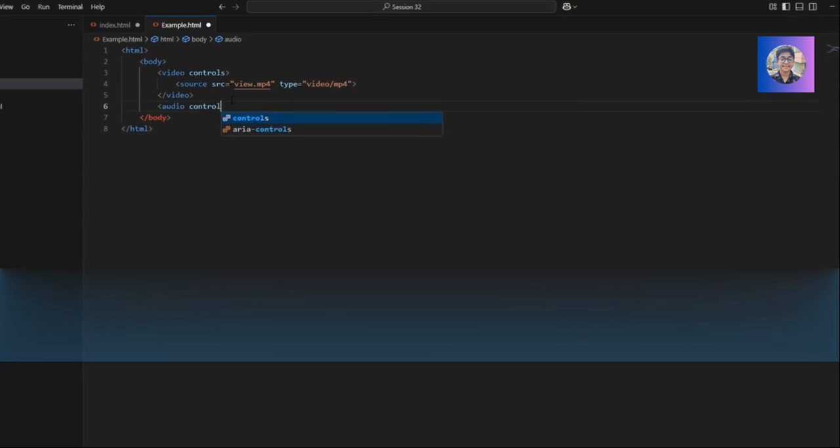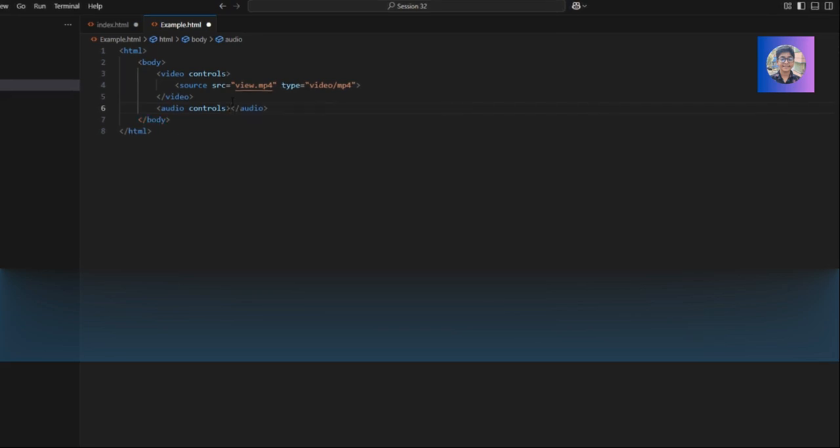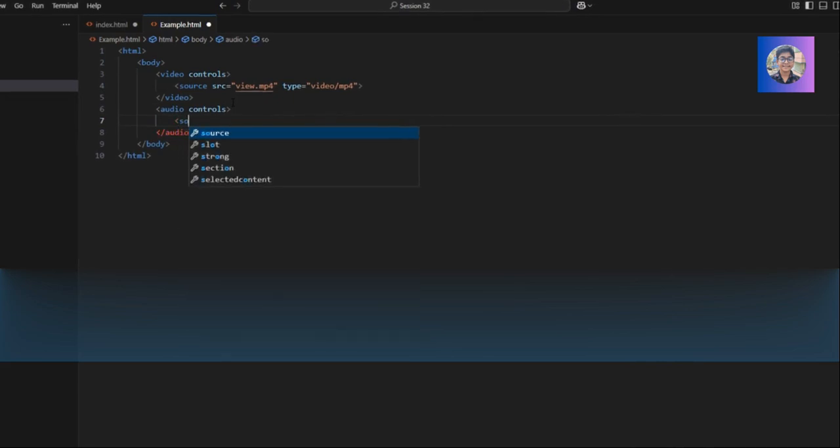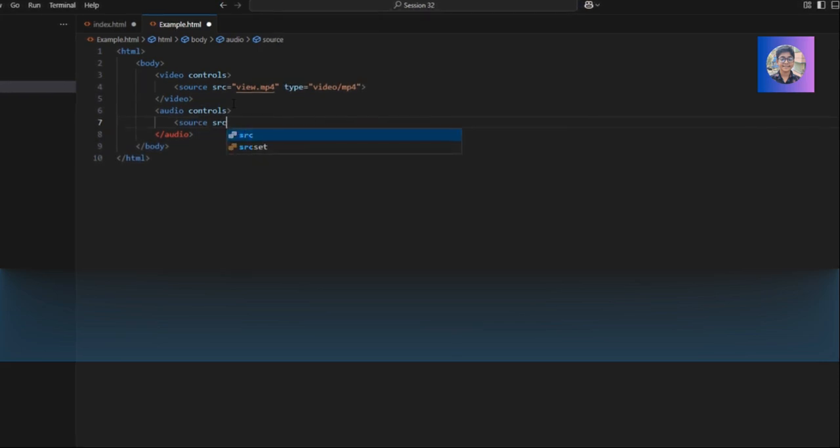It's easy, just like the video one. Then give a close bracket and give enter and write source, just the same, as I said. Write src, then you give equal,